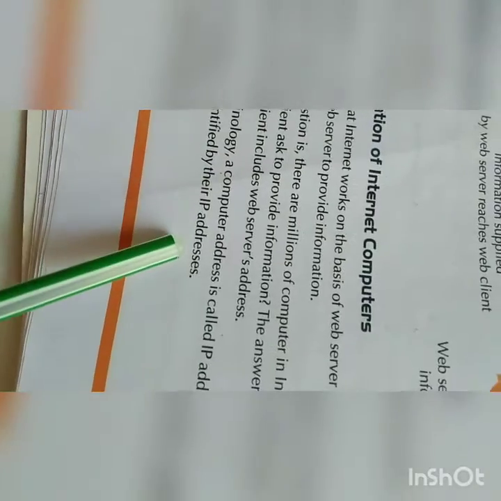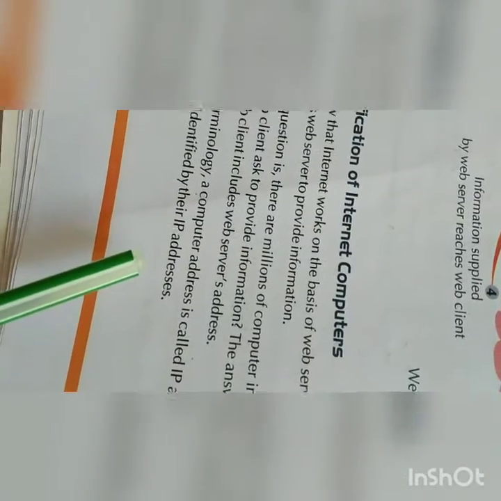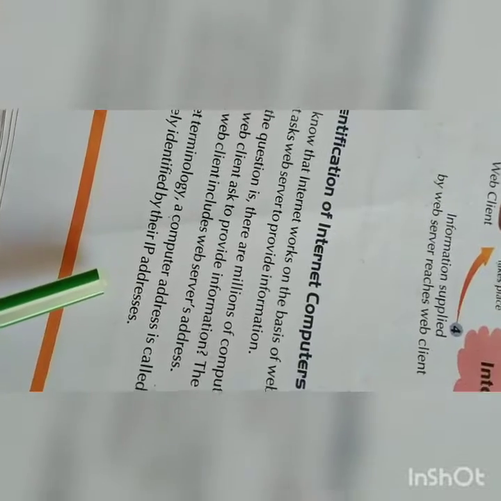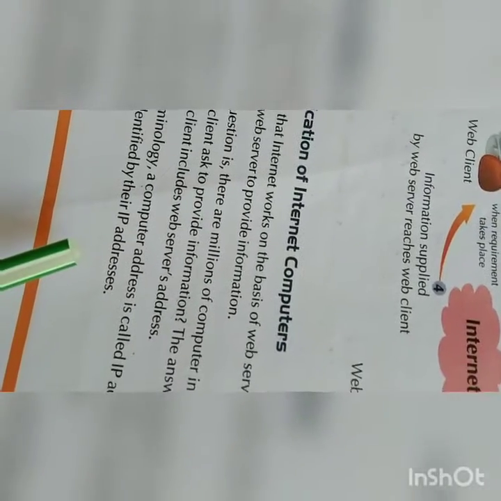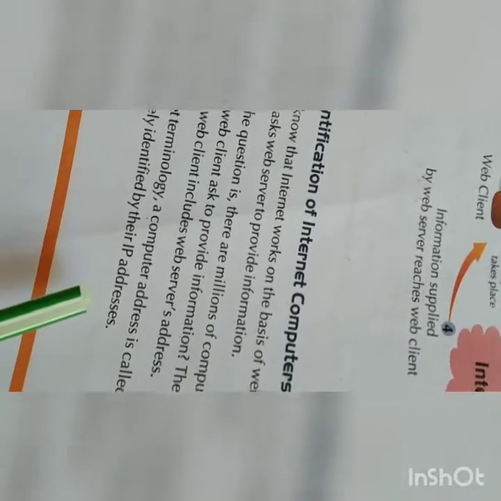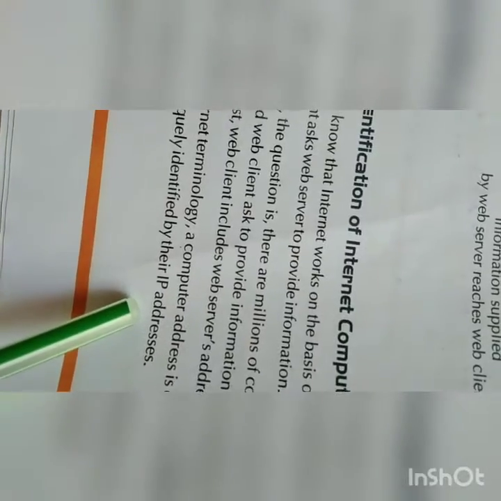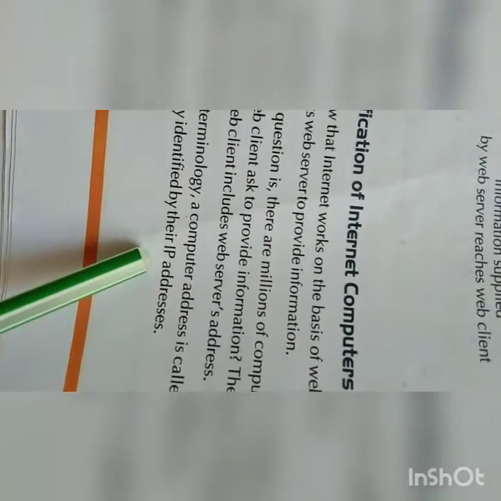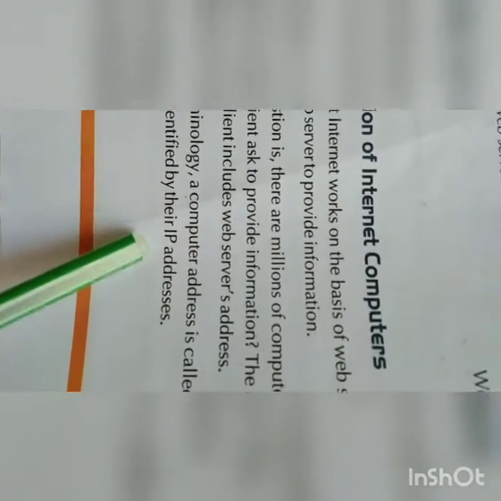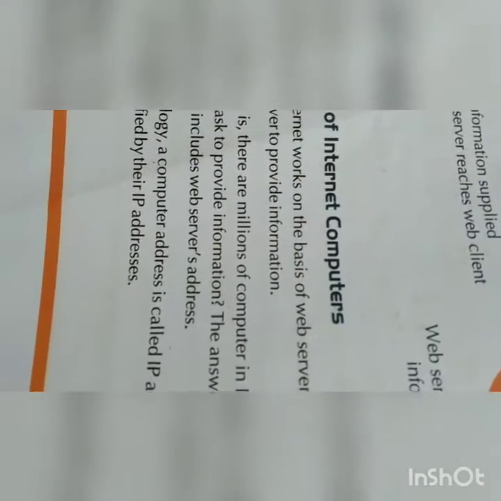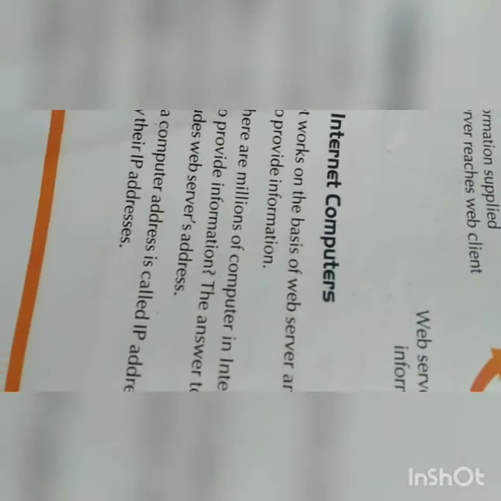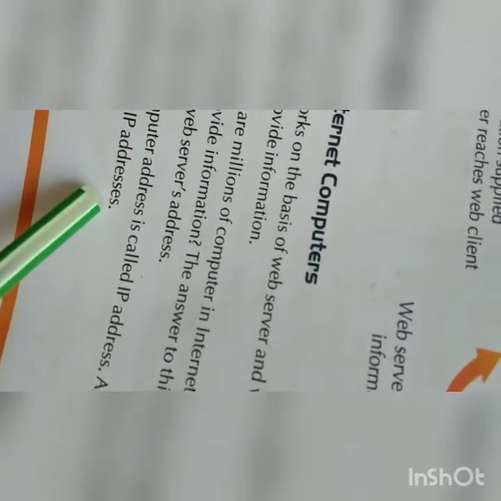All the internet computers are uniquely identified by their IP address. Sometimes if you misuse a link, for example any link you got, or misuse an app, then they have the right to blacklist your mobile also. So your IP address can be cancelled, and you will not be able to use that. That is known as an IP address. In detail, you will learn in the next class what an IP address is and what happens in the mobile, where you will not be able to use that app.